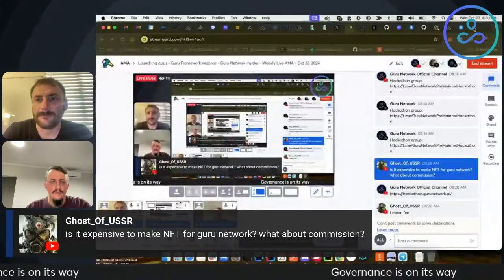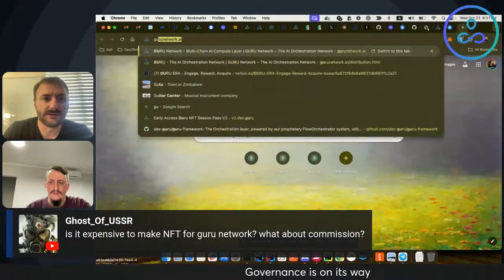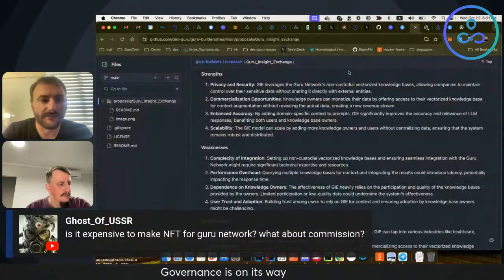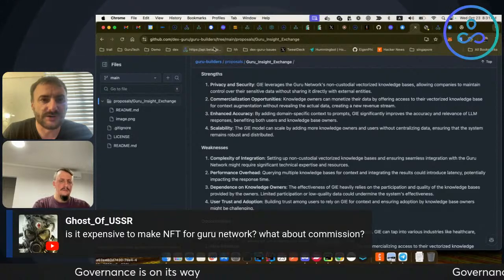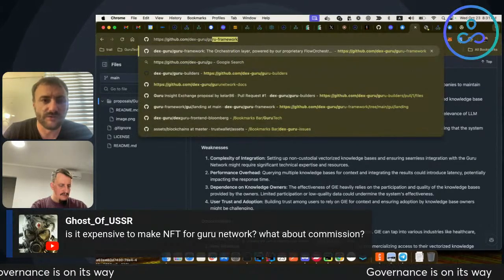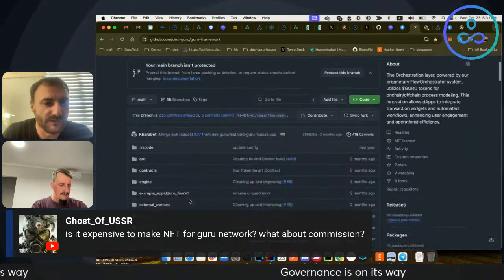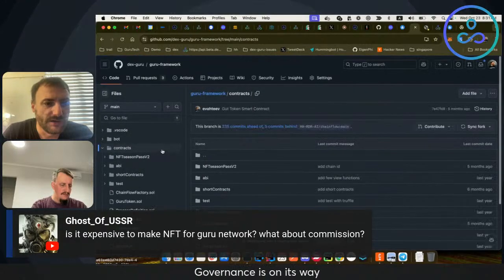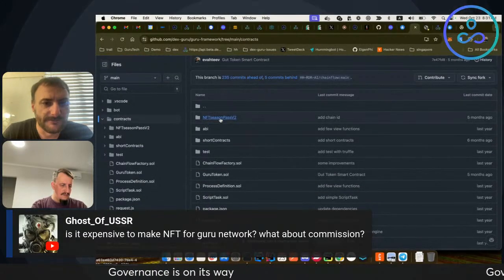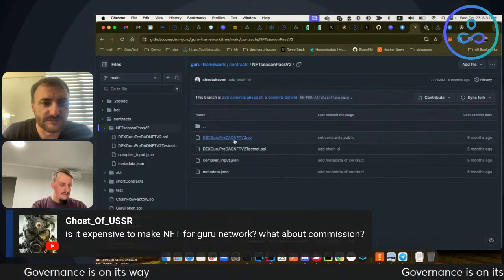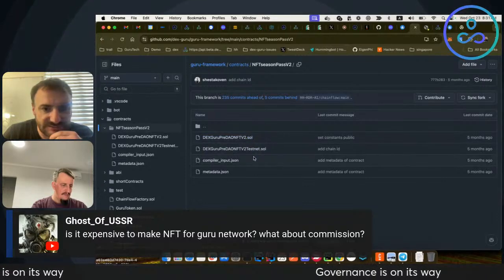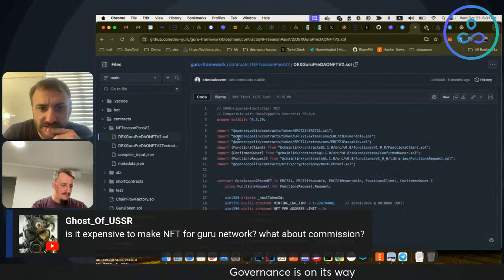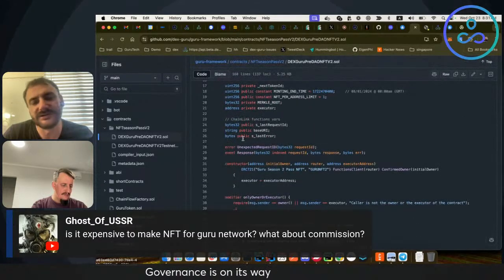Let me actually reshare it. So we have a smart contract in the Guru framework. I will find it right now. NFT season pass v2, and there is a factory there, and that's actually the NFT, but there is a factory.